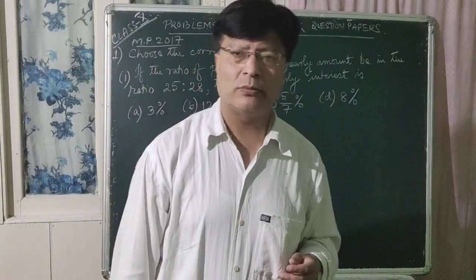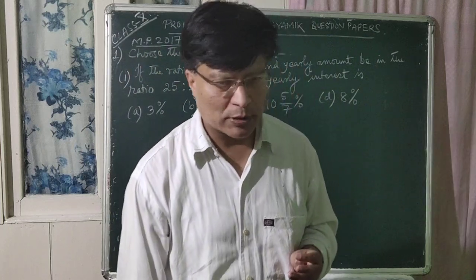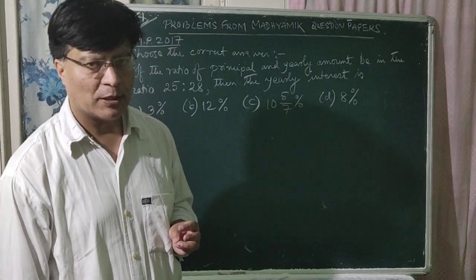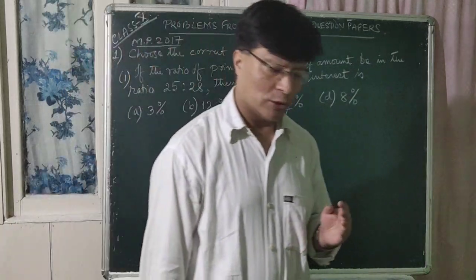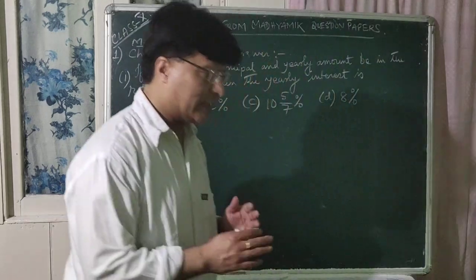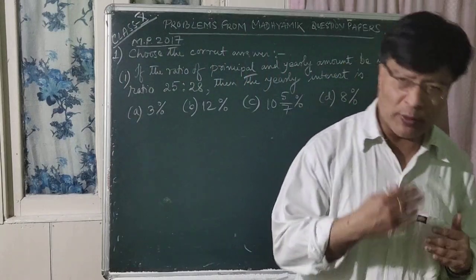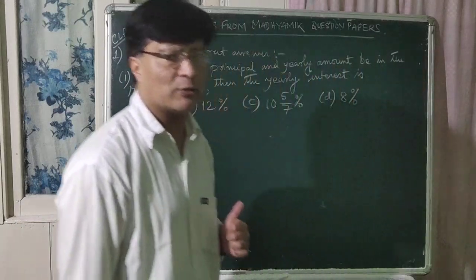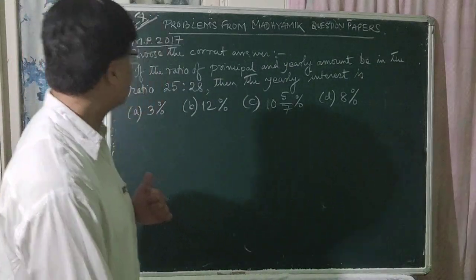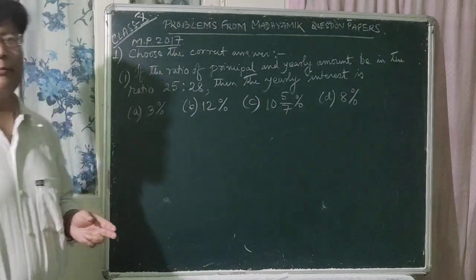So till now we have covered the topics how to solve a quadratic equation, theory of quadratic equation, simple interest and compound interest. So we have covered 4 topics so far. Let's again revise this chapter, but we will do problems from Madhyamik question papers for all these 4 chapters, right? So now, this question is from Madhyamik